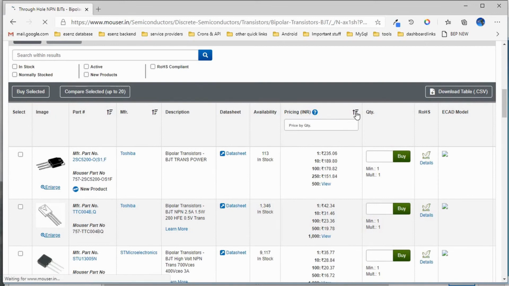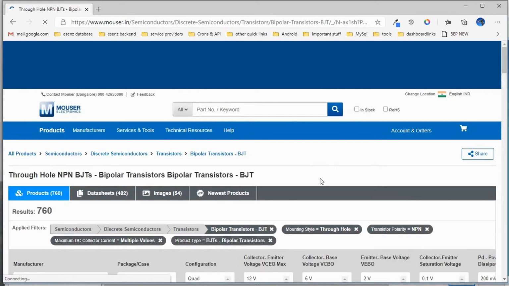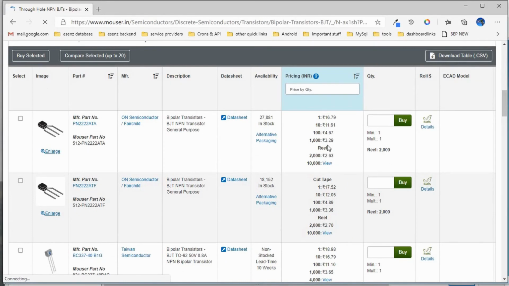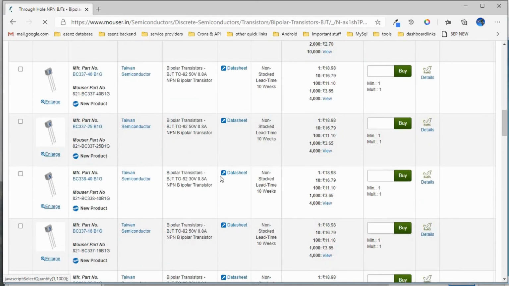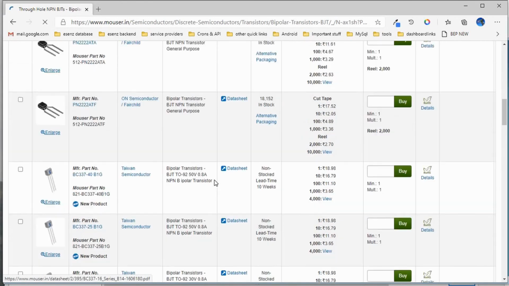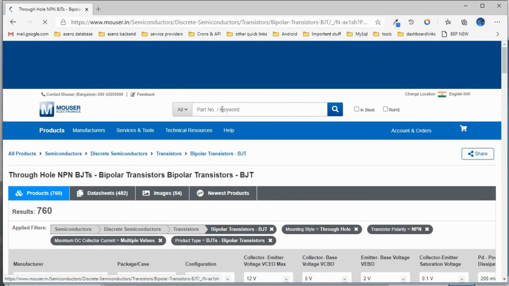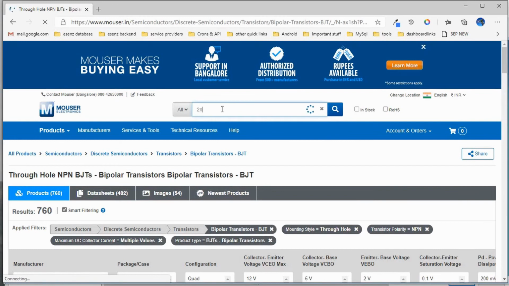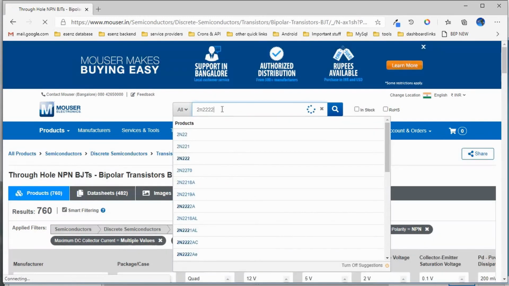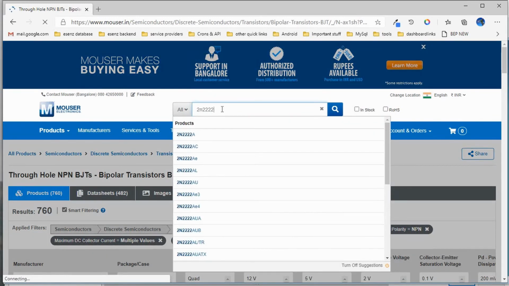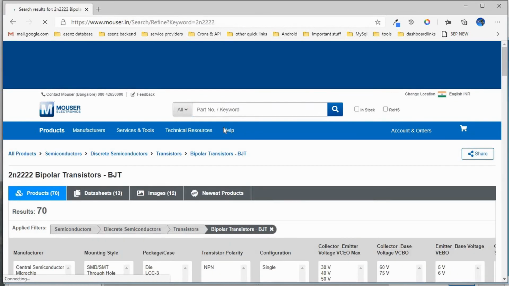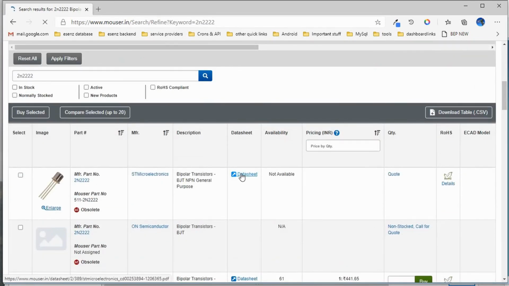I generally sort it based on the price, so you can get the lowest cost one. Then you will have to go through your local shop and find out if these transistors are available. Since we are going to simulate this circuit on Proteus, not all of these transistors might be available. So I'll select one which you guys are familiar with, and the model is available in Proteus. Let me open up the data sheet.